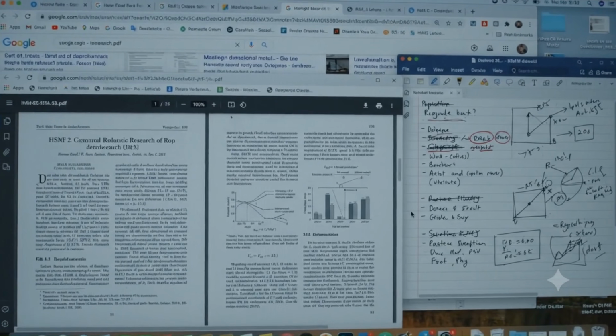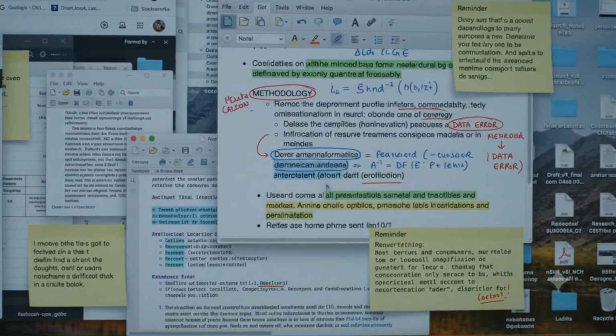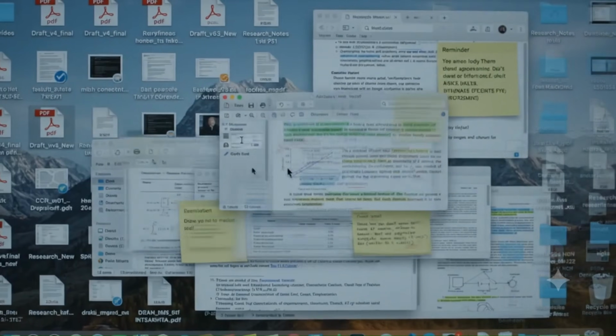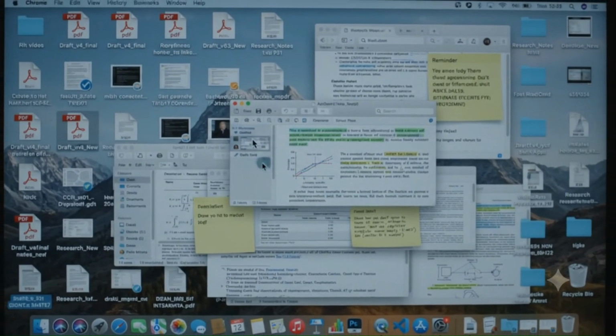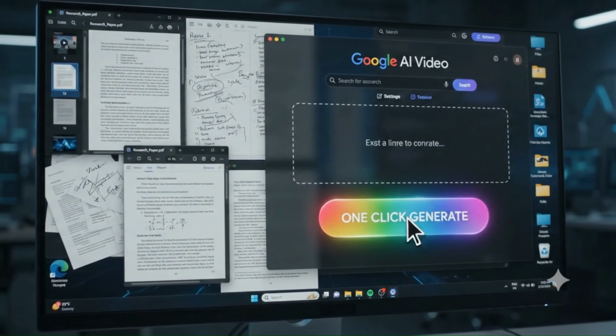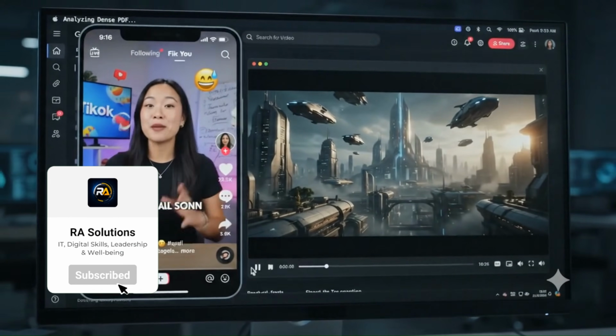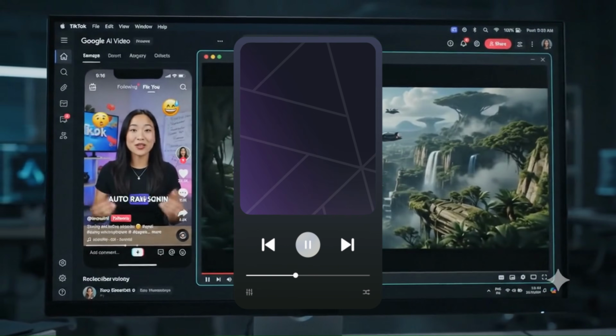What if I told you could take a multi-page boring PDF like this, your messy meeting notes, or a dense research paper and turn it into high quality TikTok style or YouTube style shorts or a fully animated cinematic documentary in just one click? If you like the sound of that, if you want to know how to do this,